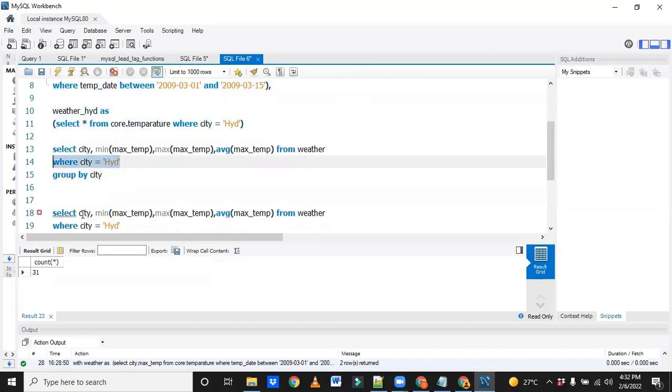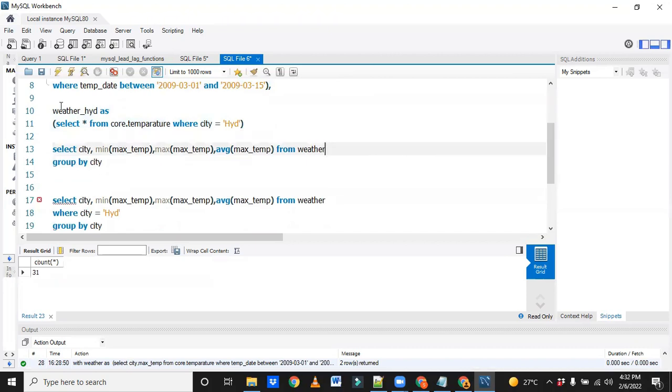You don't need to write where condition because I want to use this city. I want to use this city here. Okay, this city holds 1 month data of Hyderabad, right? So when you run this,